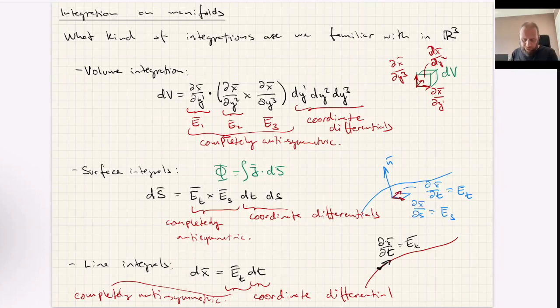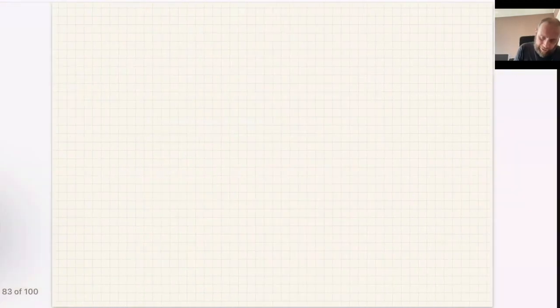So what we want to integrate in order to get the scalar result is something that's completely antisymmetric in these tangent vectors and returns a scalar. So when we integrate something over a three-dimensional volume, we take three tangent vectors as the argument. When we integrate over a two-dimensional surface, we take something which takes two tangent vectors as input. And when we integrate over a line, a one-dimensional space, we take one vector as the argument. Okay? So this kind of tells us that the interesting